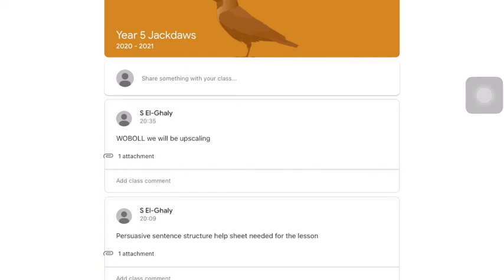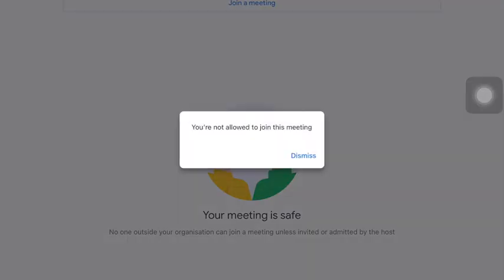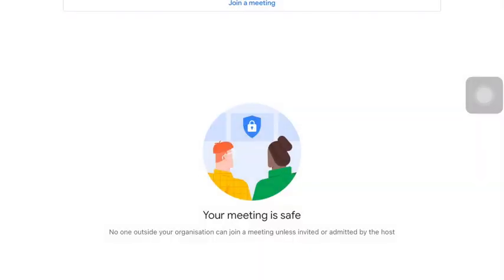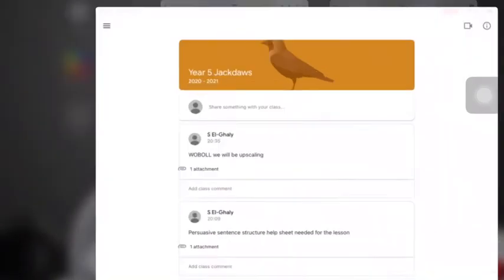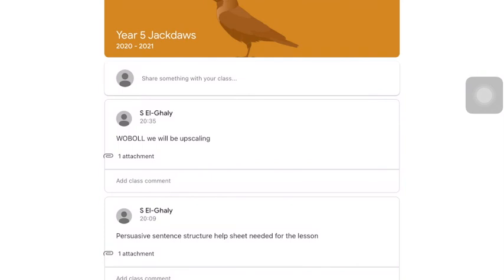Now, what might happen is this first thing. Make sure you've got Google Meet installed, which is one of the apps I asked you to install before. You click the camera icon, and it'll try and join the meeting. It says you are not allowed to join this meeting, and what that means is that your teacher isn't actually in the meeting yet, so you won't be able to go into it until your teacher's in there. So what you would then need to do is just dismiss that, go back to Google Classroom, and once your teacher